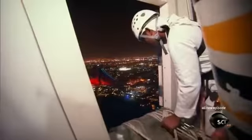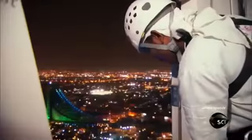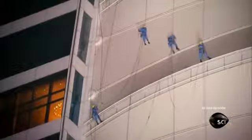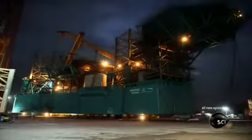The gusting wind makes this a tough job. It's currently running at 10 knots now, so it's getting very close to that borderline where we need to stop work and get the people back from the sail. It takes 14 nights to wash all the sand off the Burj Al Arab and make it gleam again for the visitors. Most of Dubai's wealth